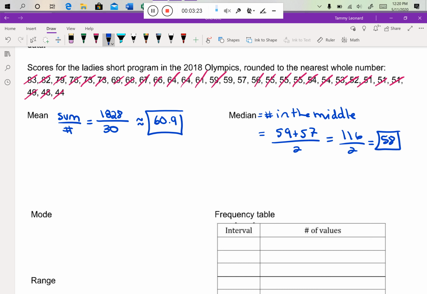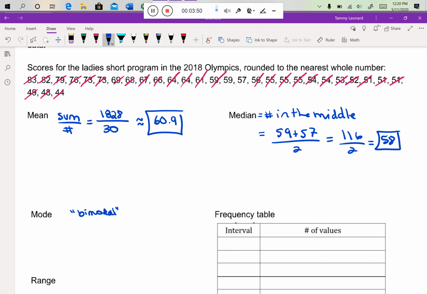Finally, we're looking for the mode as our third measure of central tendency. Sometimes there's no mode at all in a data set. Maybe none of the numbers repeats. Sometimes a data set has more than one mode. And this is one of those cases. In fact, we would call this data set bimodal, because there are two numbers that repeat the same number of